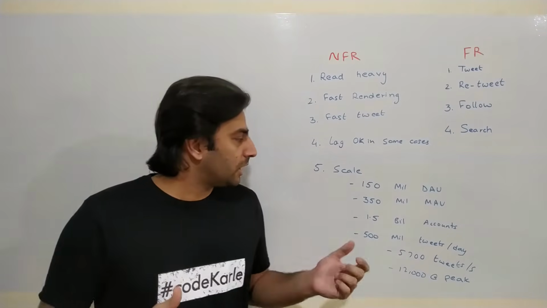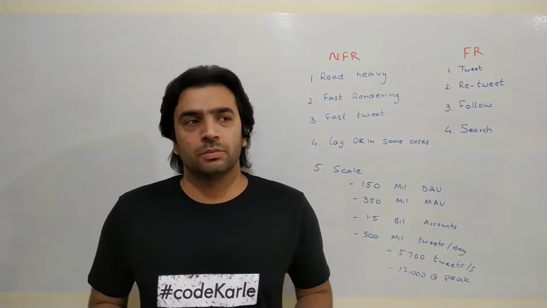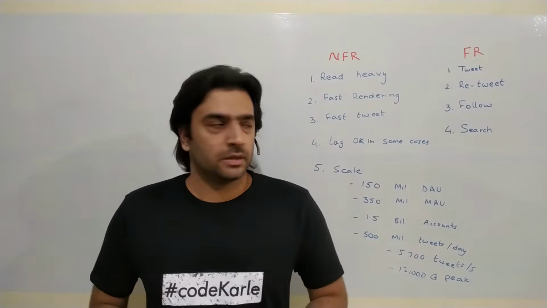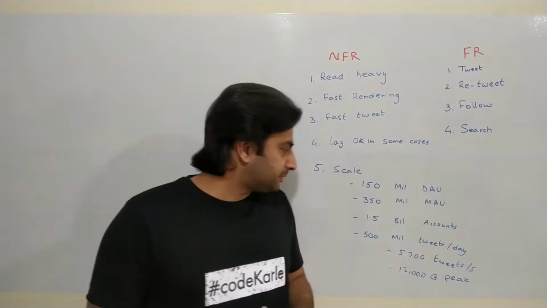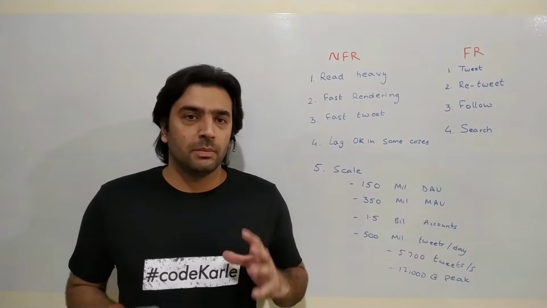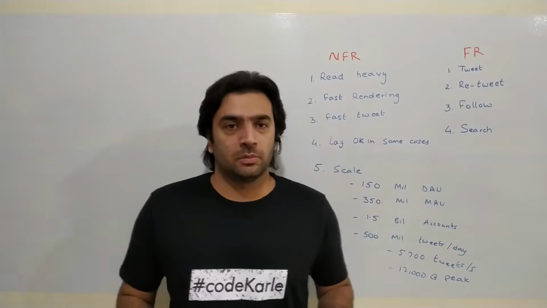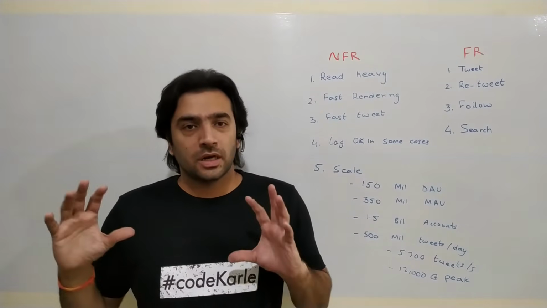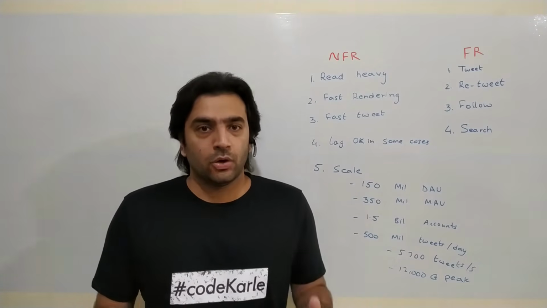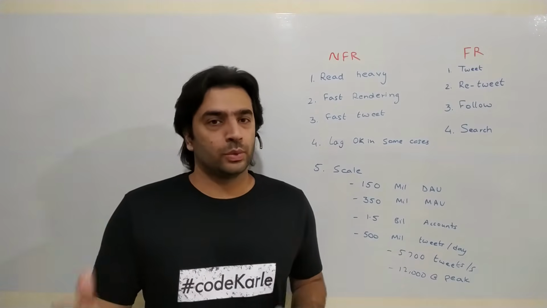Okay. Overall, Twitter has roughly 1.5 billion user accounts. These could be accounts of people or organizations or anybody, right? It would probably also include a lot of fake accounts. From a tweet scale perspective, Twitter has roughly 500 million tweets coming into their system per day. Okay, that is a very, very massive number. What that translates into is roughly 5,700 tweets coming into the system every second on average. Okay, at peak loads, this number increases to 12,000 tweets per second.